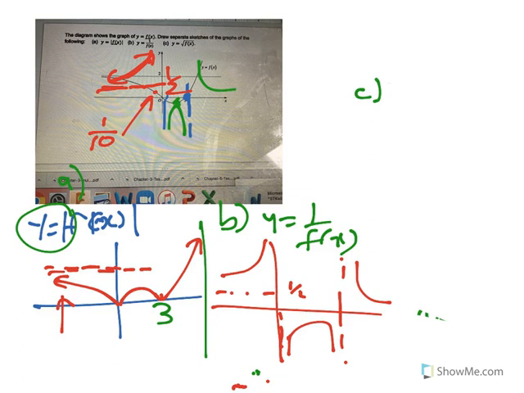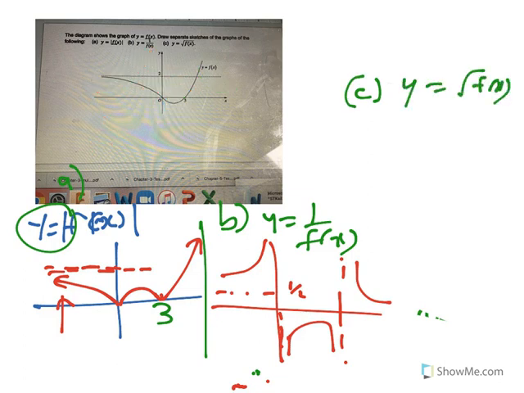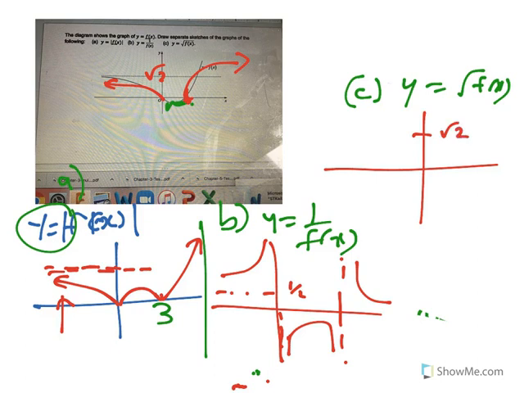Alright, so now we're looking at C. C is root f of x. So root f of x on this. Root f of x means that anything that's below the axis you don't count, so that's not going to count. Anything else like 0, it gets flattened, the square root brings it down. Even the asymptote becomes root 2, and this all gets flattened. So the asymptote goes down to root 2. This comes up to the asymptote and all gets flattened. And where you have this value here, which was a 3, the curve just gets flattened and